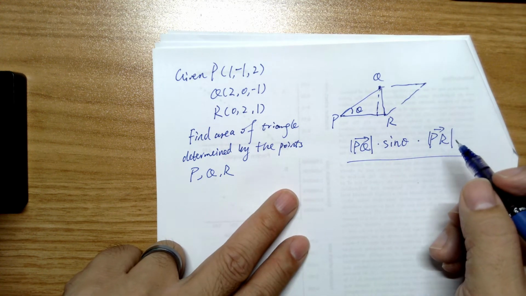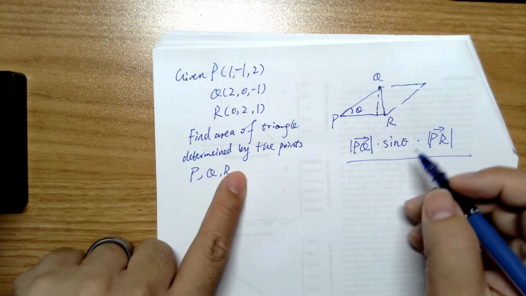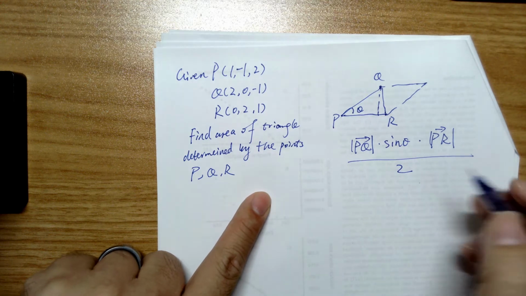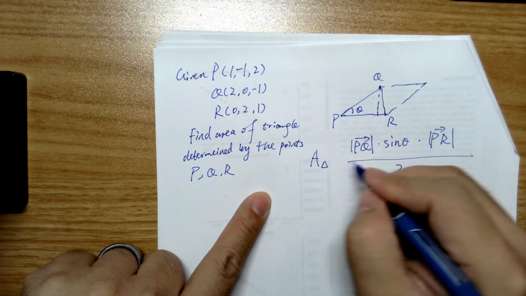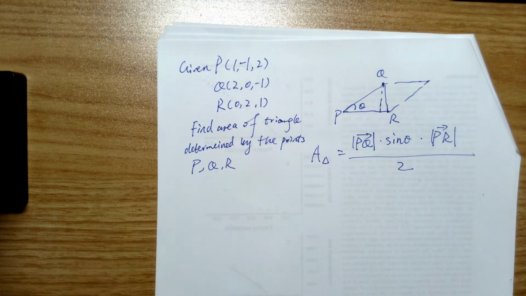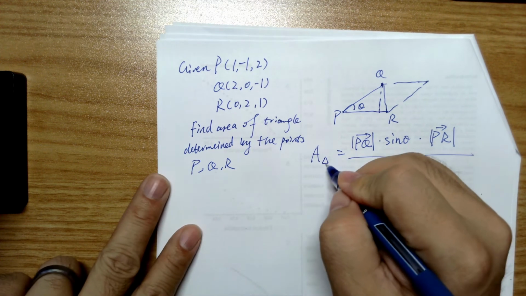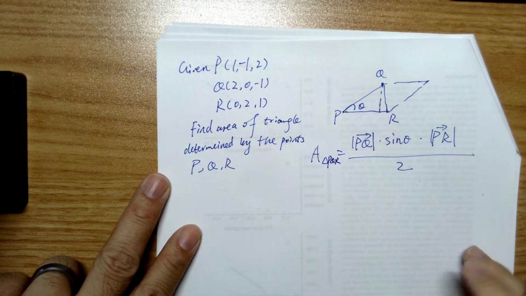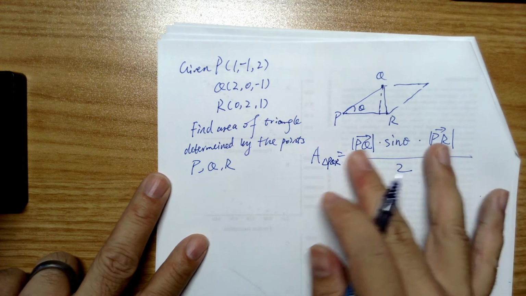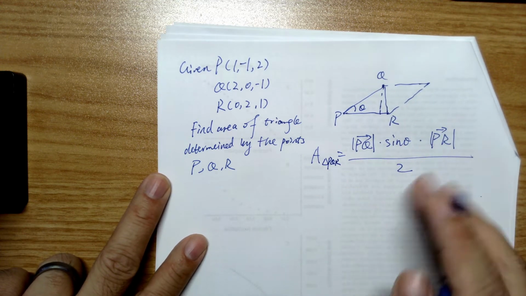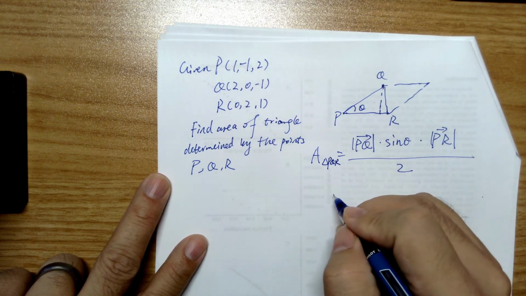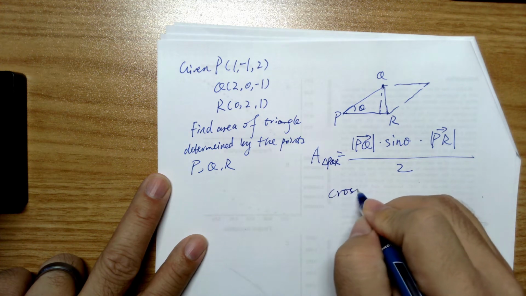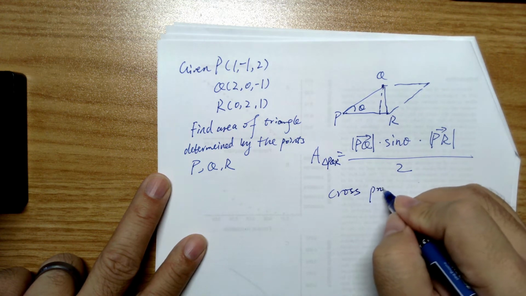And then if we're looking for the area of the triangle, which is just half of it, right? Which is half of PQR. Okay, so that's how we start. About where we got this? Well, as you may recall, the cross product,